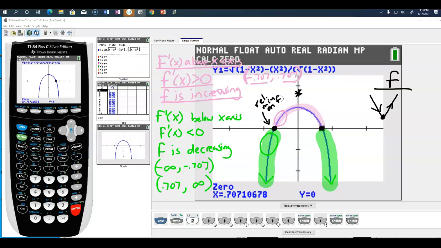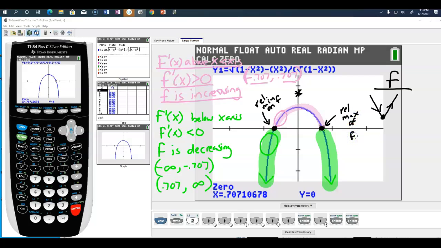It's not a relative minimum on this graph. This is a graph of f prime. But this would be a relative minimum on the graph of f because that's the point where it goes from a negative derivative to a positive derivative. In other words, a negative slope to a positive slope. Contrary-wise, this would be a relative max of f,